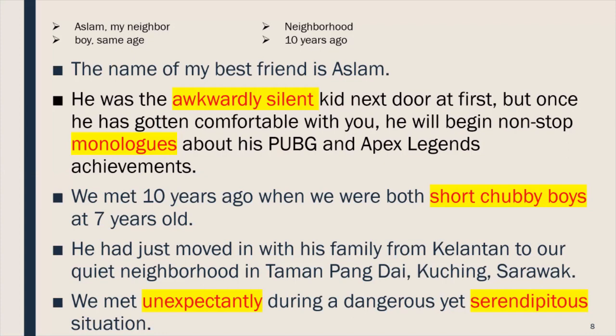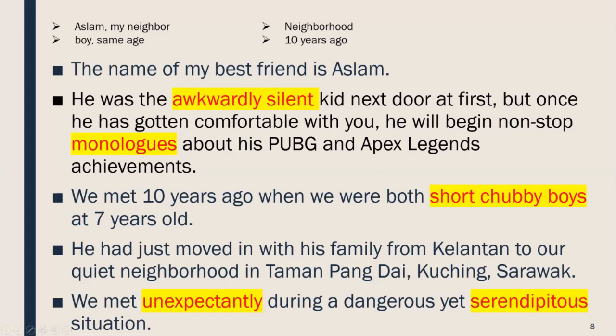You can see the 4 different components of a paragraph right here. The first one is the topic sentence. This is the analysis, right? I'm comparing him when he is silent and when he gets to know you. And this is details and examples, these 2 here. And this one down here, this is the